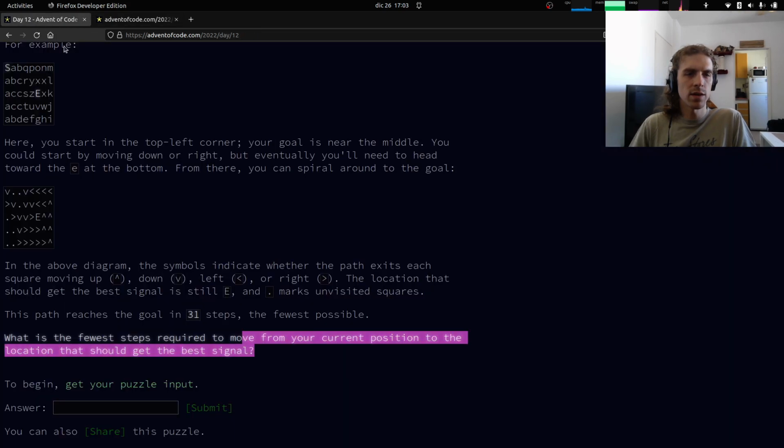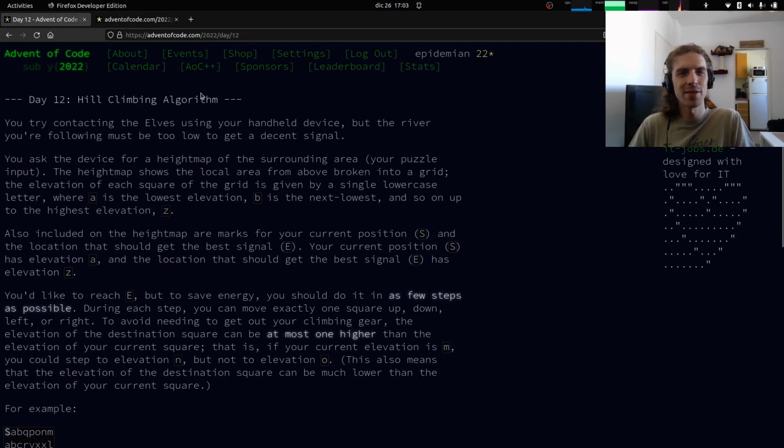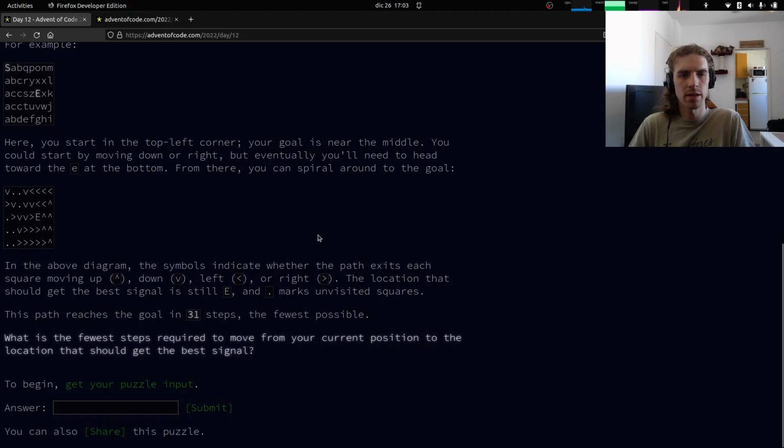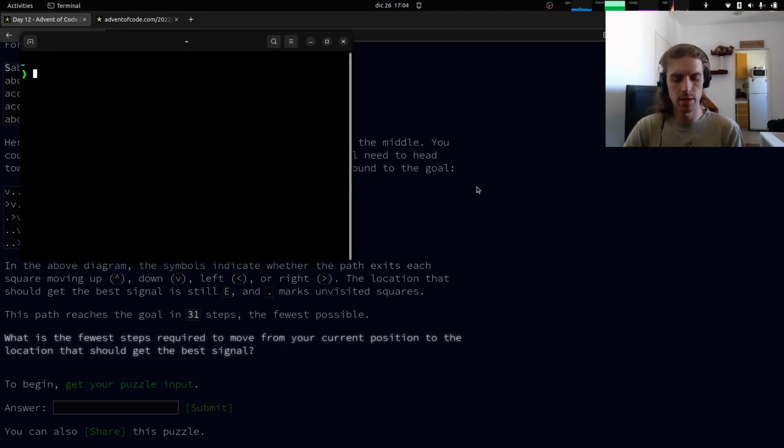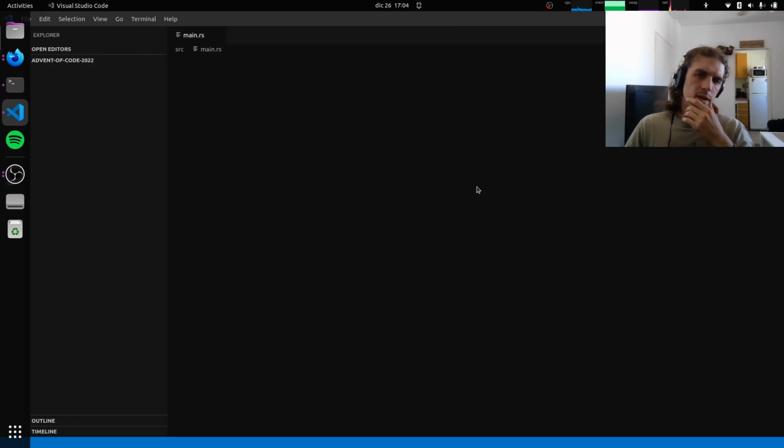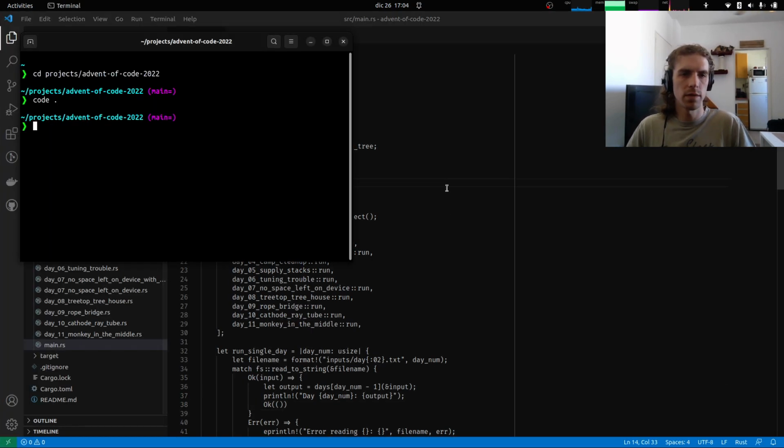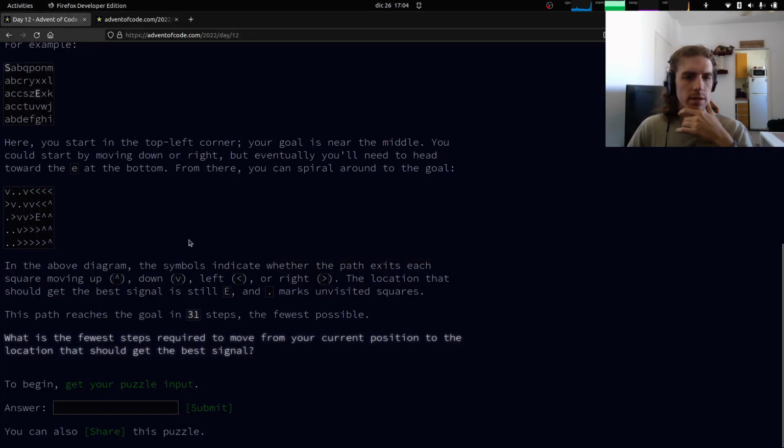So this actually doesn't look like a hill climbing algorithm. It looks more like a pathfinding one. And I have done a couple of pathfinding solutions in the previous Advent of Code 2021 in Rust also, so I'm wondering if I could maybe reuse some of that. Let's go to the projects, Advent of Code 2022. Because yeah, it looks very much like a pathfinding thing,